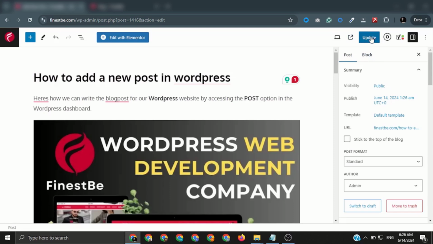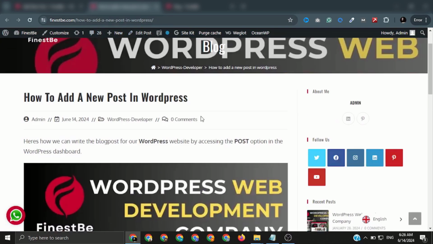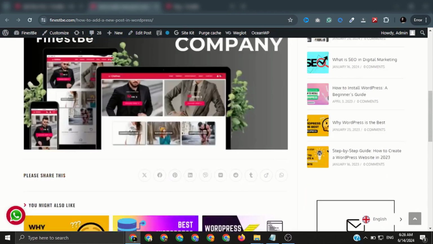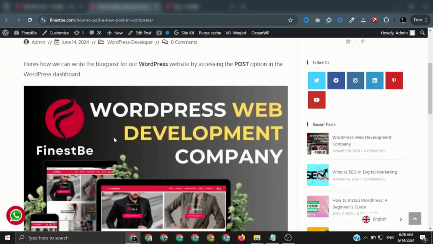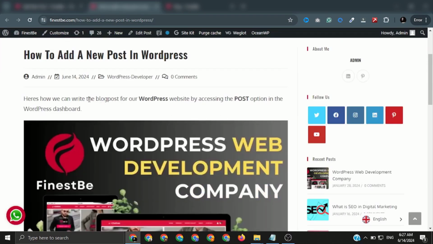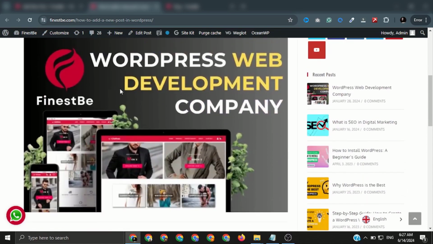Now I am going to update or publish it. There are these two options, but update is just for content which is already published. Got it? So let's go to the posts and see what it looks like. Here are our WordPress posts. This one is our text, this one is our image, this one is our title, this one is the text of the blog post, and this is the image that we entered on our blog post.